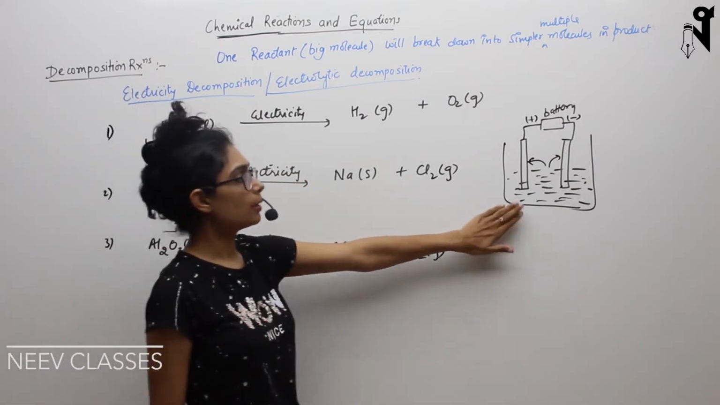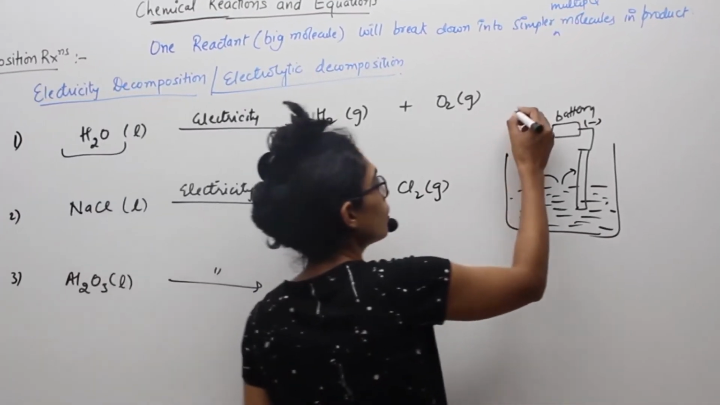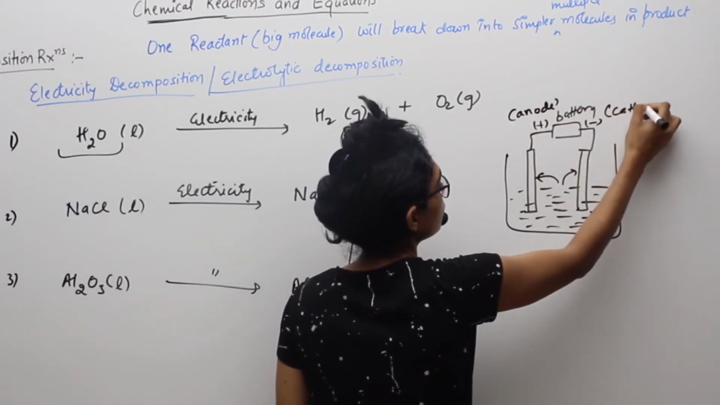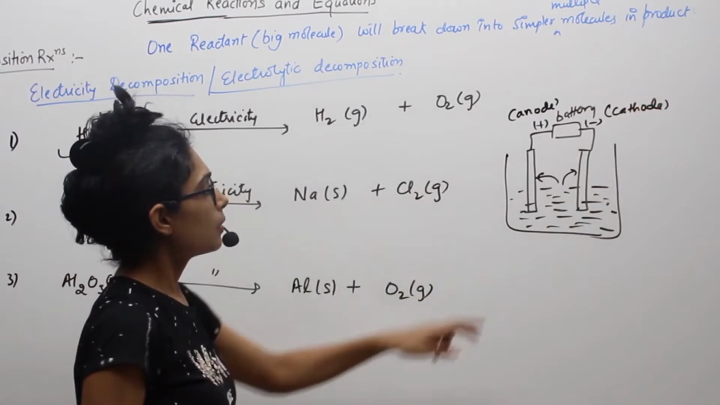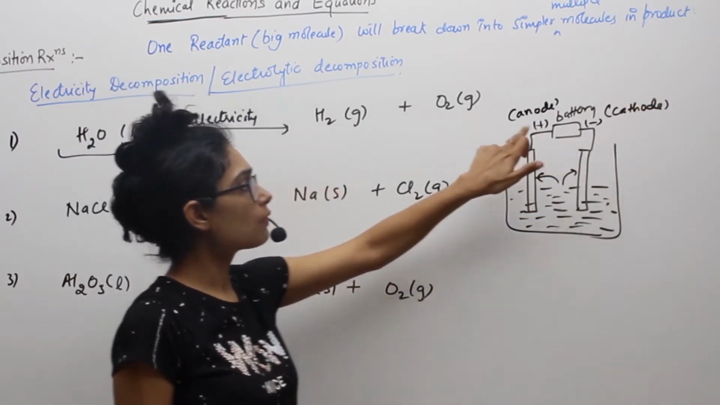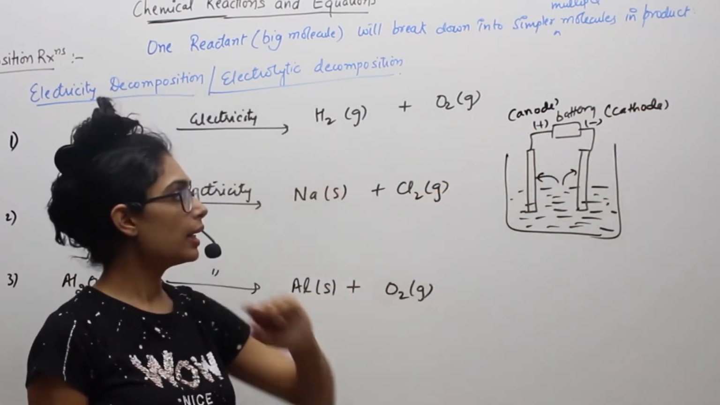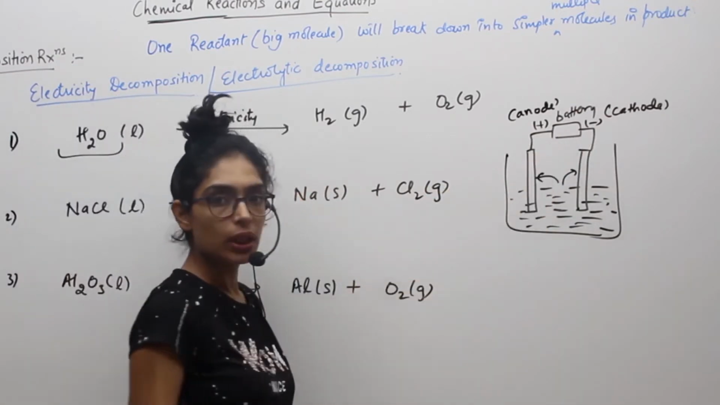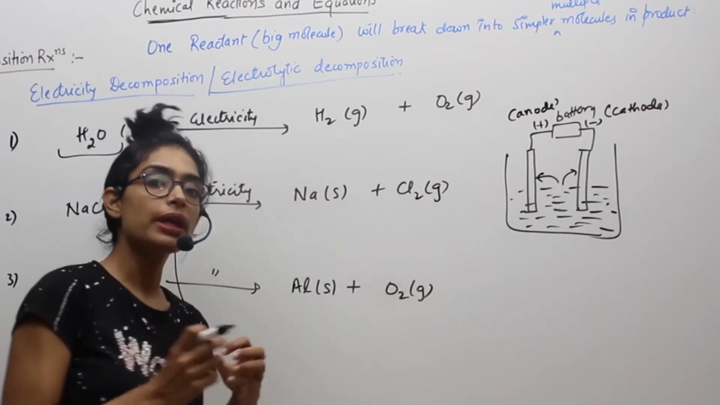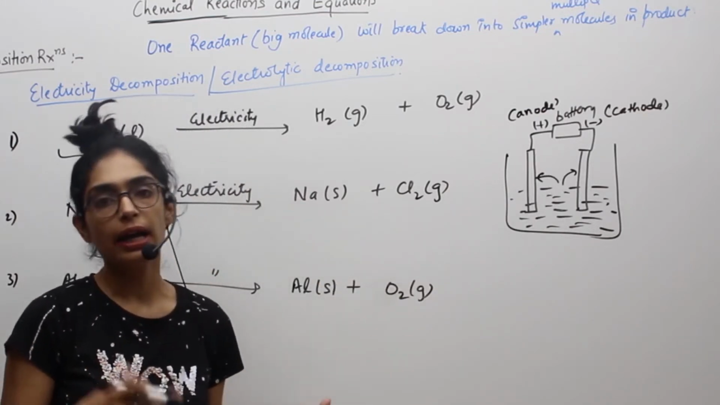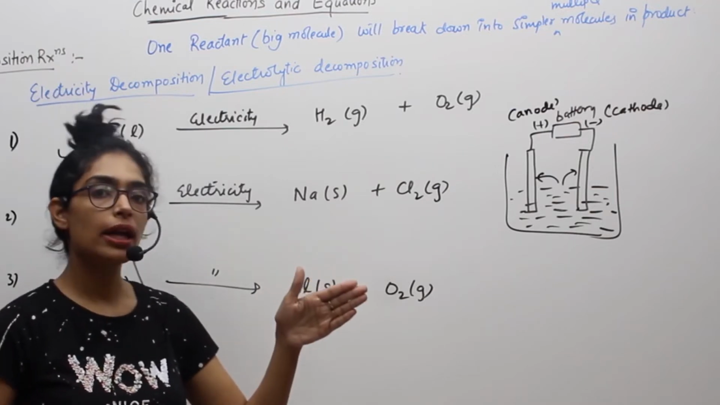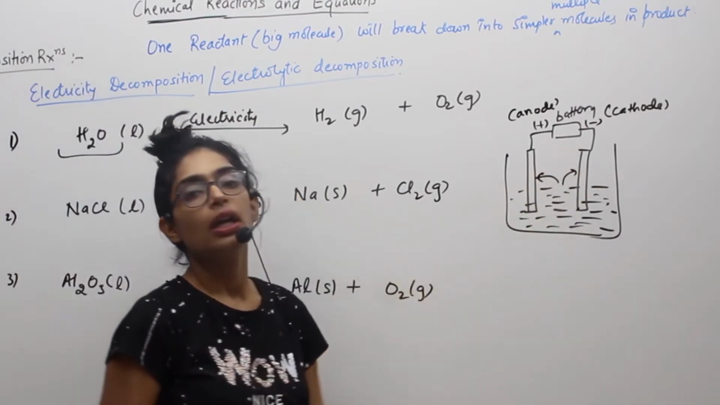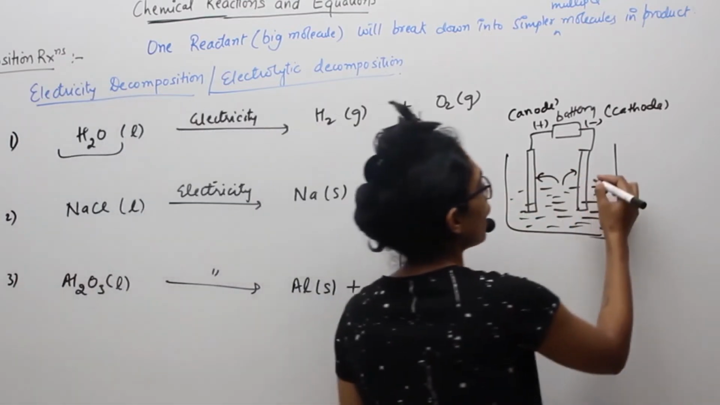I have filled it in this setup. This is your anode, and this is your cathode. The negatively charged terminal is your cathode and the positively charged terminal is your anode. Now when you start supplying the electric current through the battery, what will happen? The water molecule will break down into smaller particles, hydrogen and oxygen, and those hydrogen and oxygen molecules will go out as gas from the respective electrodes. So your hydrogen gas